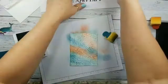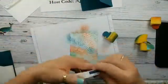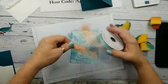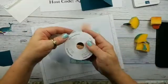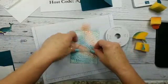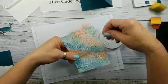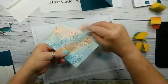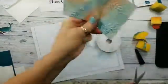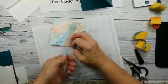Now, we're going to go ahead and glue, we're not going to glue him down yet because we're going to add some of that gorgeous Pool Party ribbon. I just used it the other day on Tuesday with my Casing Tuesday project, but this is part of the suite. It's the Pool Party sheer ribbon, and I'm just going to wrap it around and tie it in a bow. So I'm going to wrap it around twice, and I'm actually going to leave it, rather than wrapping over itself, I'm going to leave a space there. And we'll cut off our edge,